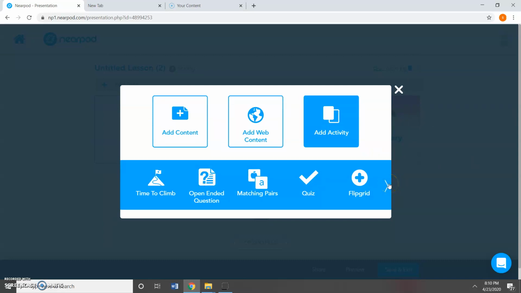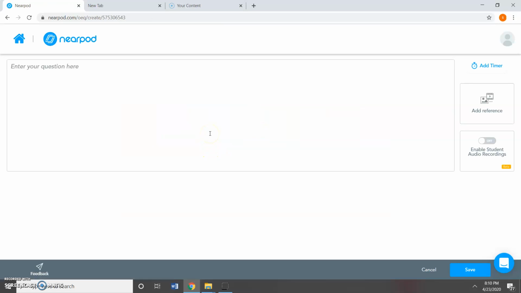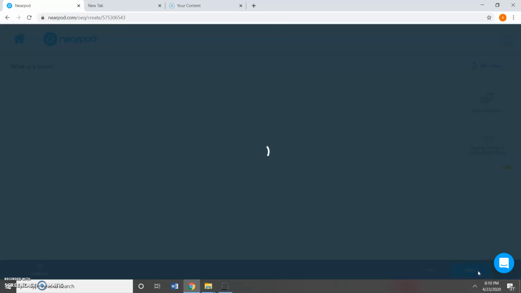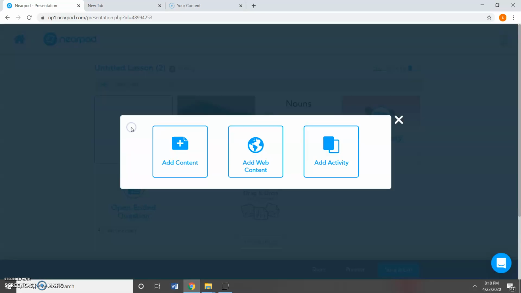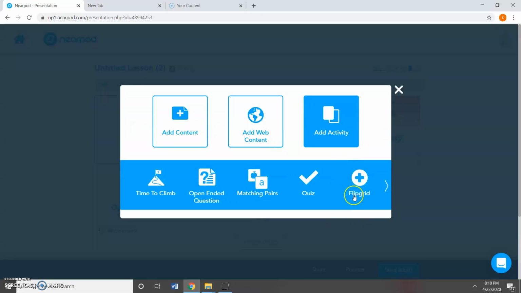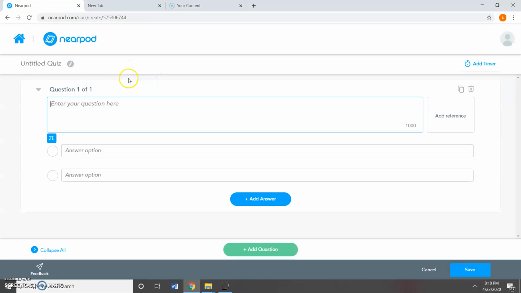There are a host of activities you can do. So in here you can have an open-ended question. You can ask the students, what is a noun? That's one thing you can do, and then they will write the information in there. You can have another type of activity where, oh, there's the quiz. So you put in the information, you say choose the noun,